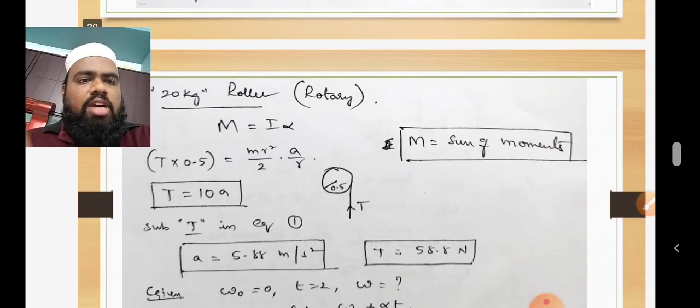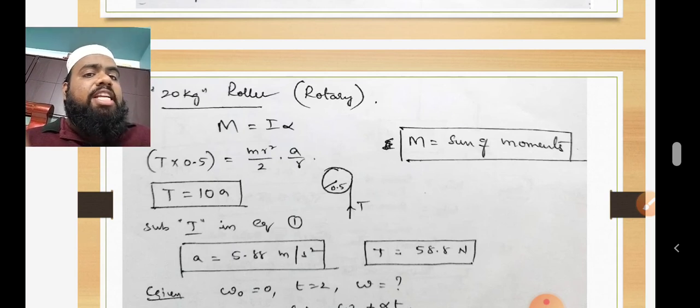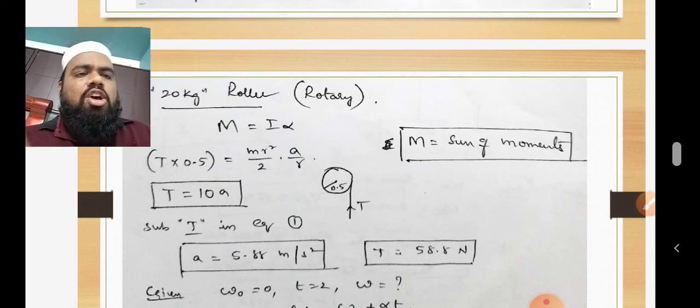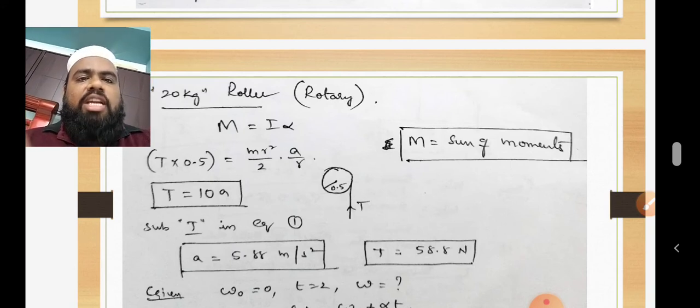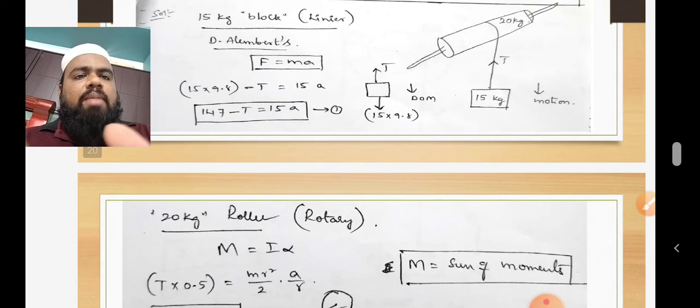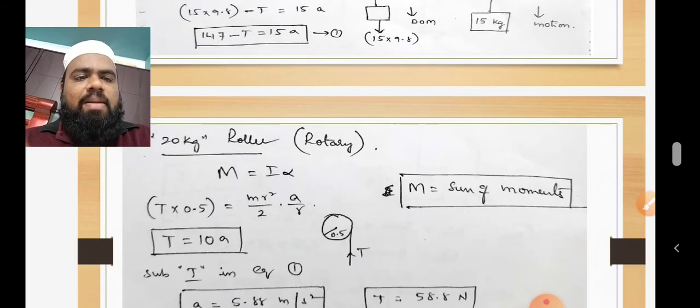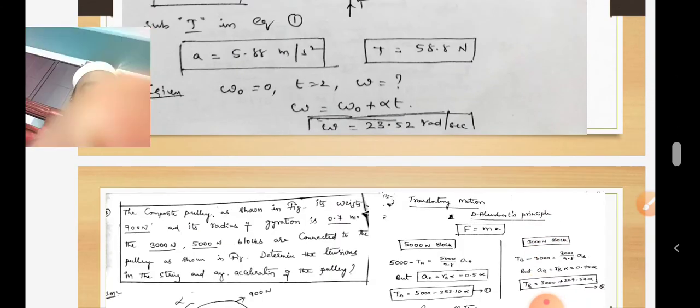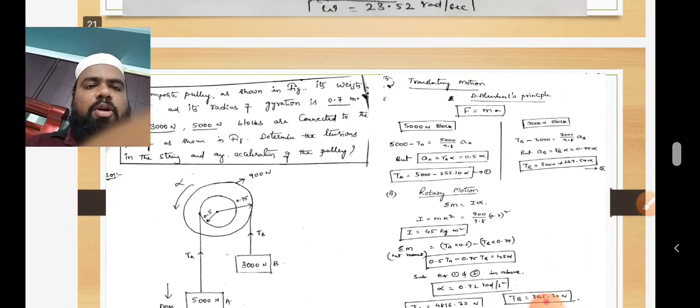And for the roller, now consider the roller only. The roller is rotating because the 15 kg weight is creating some tension in the rope. So due to the tension in the rope only, the barrel is rotating. So apply M is equal to I alpha. For rotation, D'Alembert's will be M is equal to I alpha. For linear, D'Alembert's F is equal to ma. Clear? This is the best example. So substitute all the values, you will get all the unknown things. Similarly, you can do this problem also.